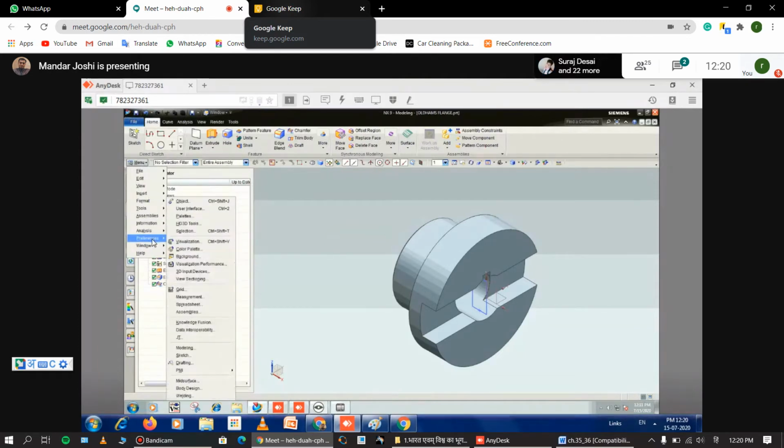Whatever the NX graphics settings there are, you will find all of them in Preferences. This is for modeling setting, this is for sketch setting, this is for drafting setting. All the settings will be present in Preferences.